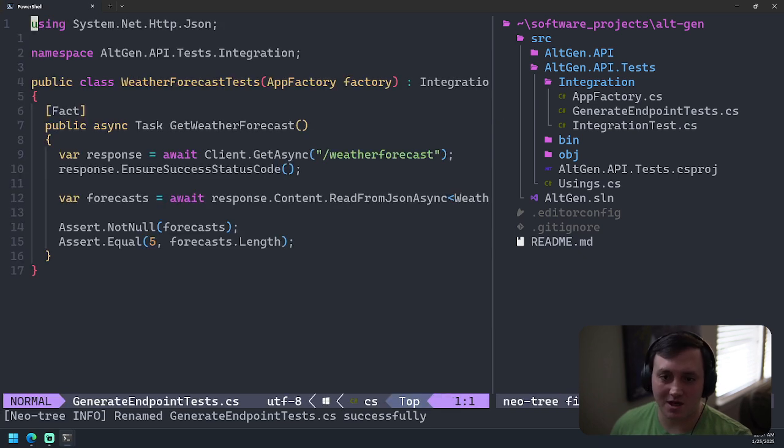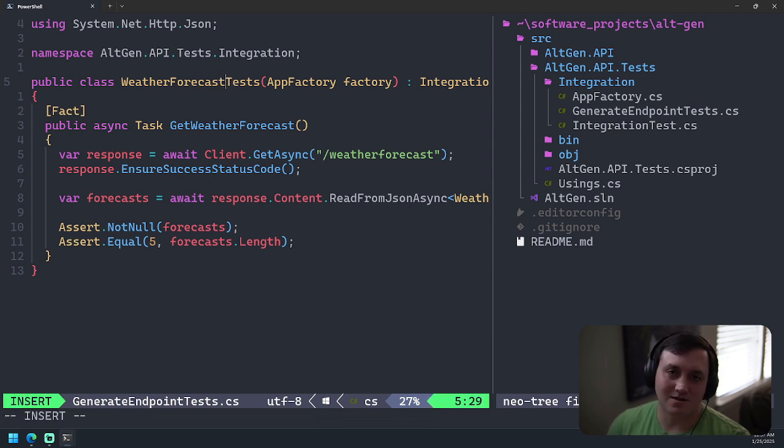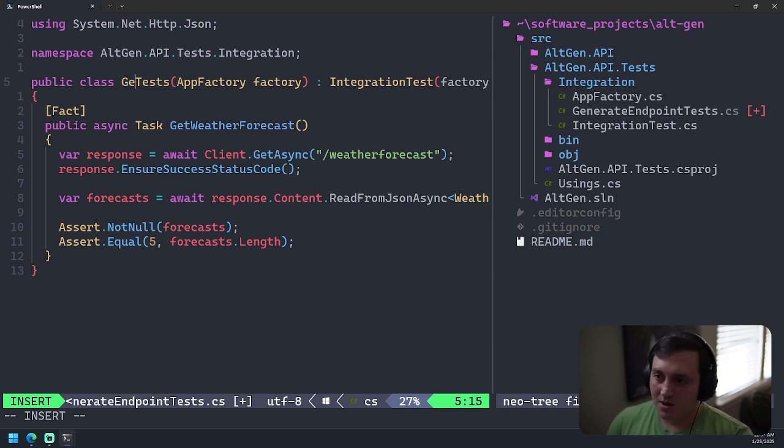I set this all up yesterday. The idea is we can load up a version of our API into memory and make requests against it. Yesterday I implemented just this weather forecast test, because that's the boilerplate endpoint that comes with a new .NET API. But now we actually want to implement a generate endpoint.